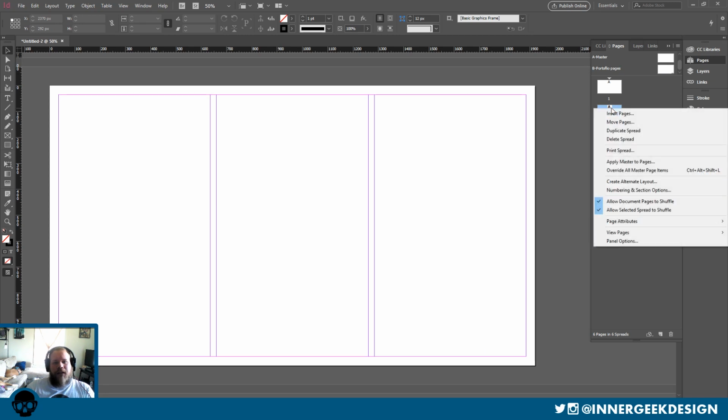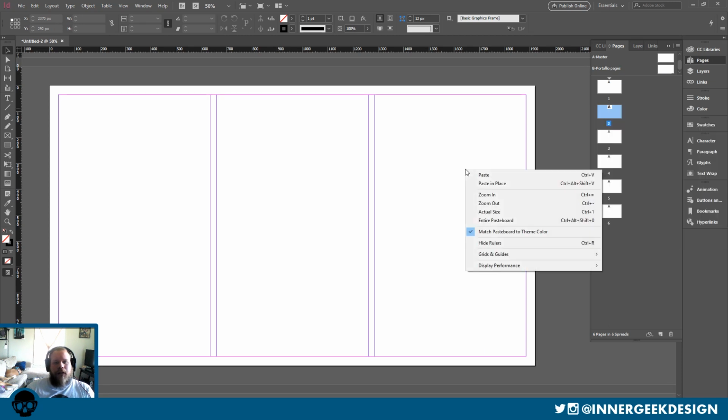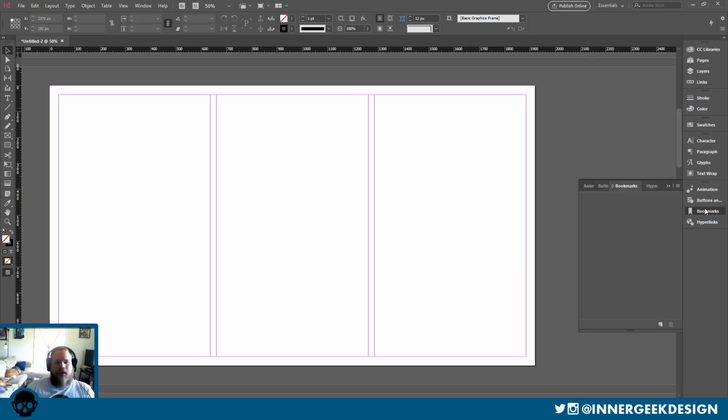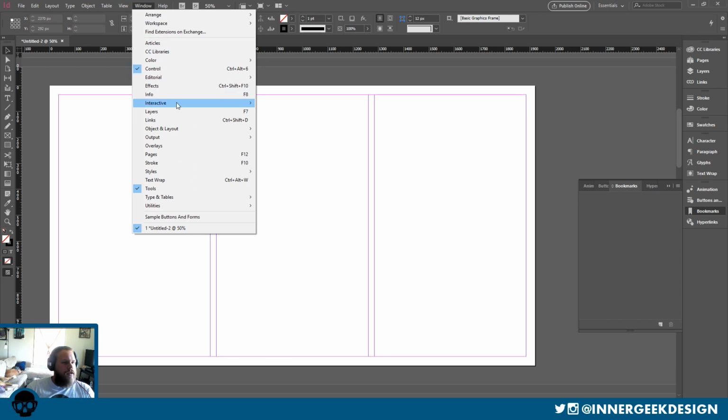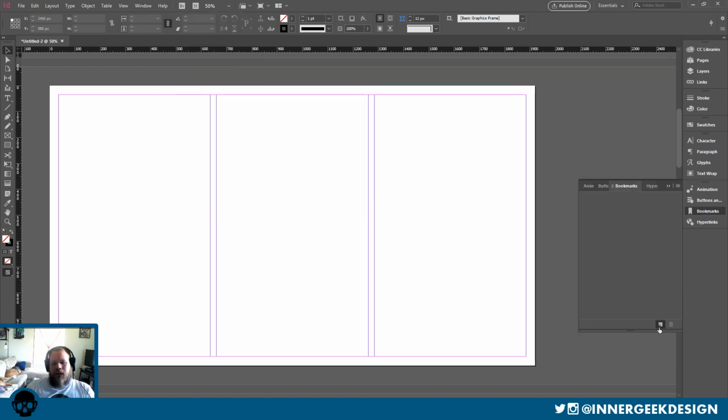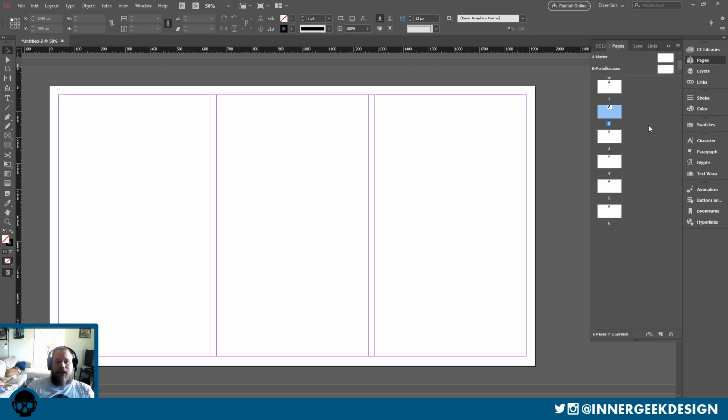We're going to go to this page. We'll go over to bookmarks. If you do not see this, go to Windows, Interactive, Bookmarks. We're going to click this little sticky note to add a new one, and we will call this menu page. This will make a lot of sense once we have it all together, but as of right now, it does not. So we'll go back here,